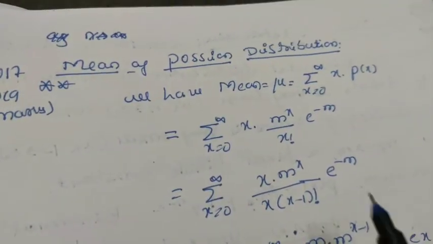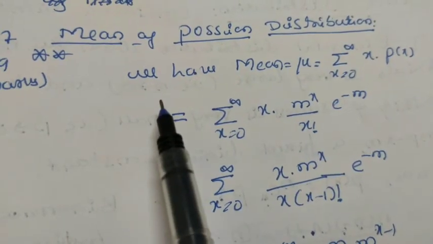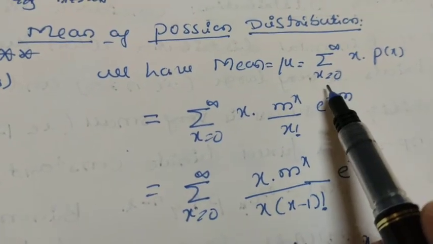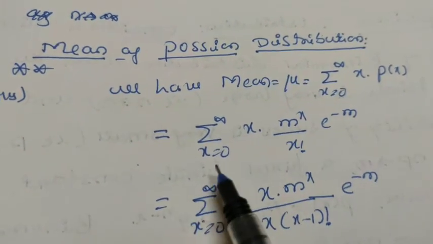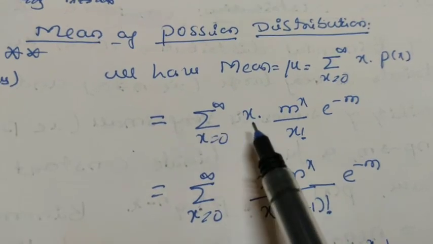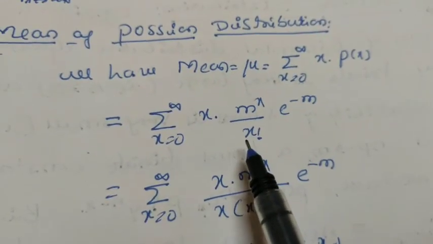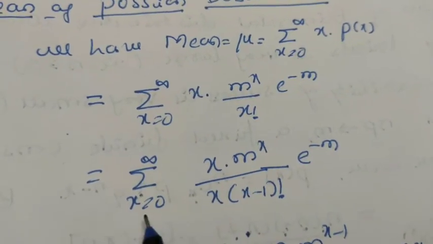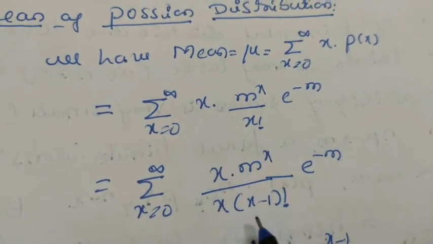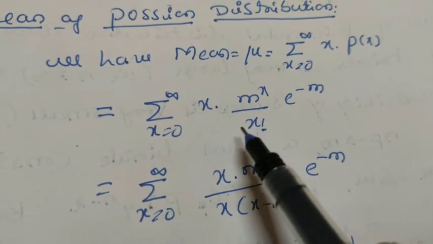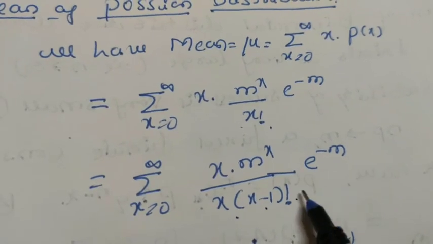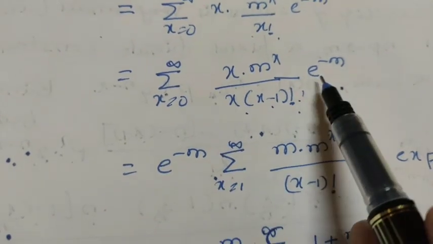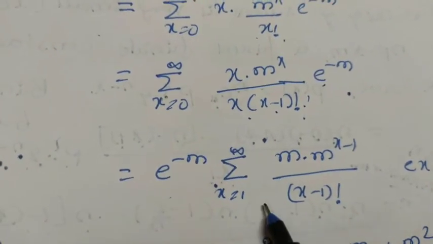Let us take one more definition, the mean of the Poisson distribution. So the mean is mu, and it is equal to sigma x equal to 0 to infinity x into p of x. So let us apply sigma x equal to 0 to infinity x m raised to x divided by x factorial into e raised to minus m. This is the definition of this p of x. So it is sigma x equal to 0 to infinity x into m raised to x divided by x factorial, which can be taken as x into (x minus 1) factorial, and e raised to minus m as it is. This e raised to minus m is independent of x, so we can take it outside. Sigma x equals 1